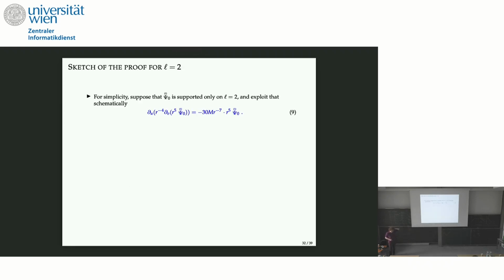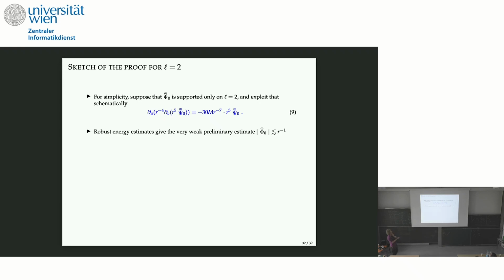Okay, so I'll very briefly just give you a glimpse of the proof because the actual numerology is very easy to understand. So it turns out that Psi0 essentially satisfies an equation of this form. I've dropped a few terms here, but essentially this is the equation that you have. And okay, the crucial observation with this equation is that on the right hand side you have r to the minus 7, here you have r to the minus 4 and two derivatives. So you can basically perturbatively treat this right hand side, always integrate twice to improve the power by 1. I'll show you what I mean by that.